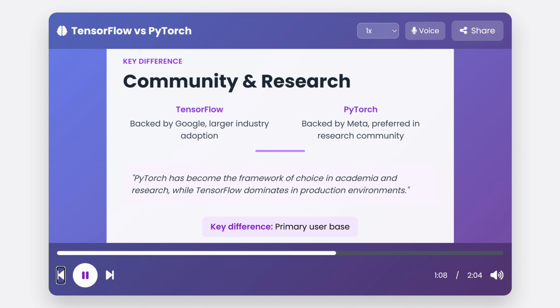TensorFlow, backed by Google, has seen wider adoption in industry. PyTorch, backed by Meta, has become the preferred framework in academia and research. This means you will find more research papers and tutorials using PyTorch, while TensorFlow is often chosen for large-scale production